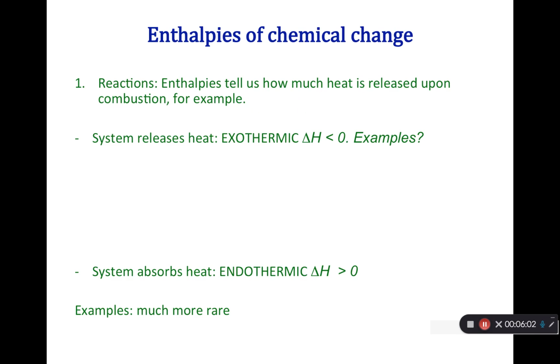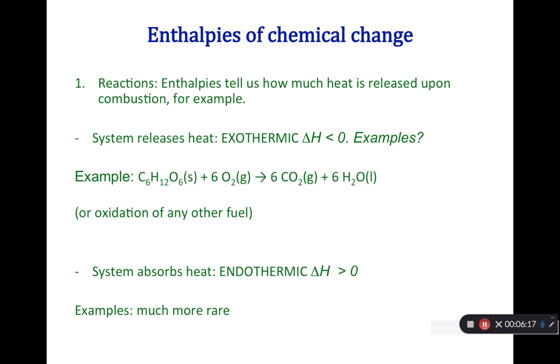There are enthalpies of chemical change and enthalpies of physical change. Enthalpies of chemical change refer to changes where new chemical species are being formed or old chemical species are being destroyed. A simple example is an exothermic process which releases heat, for which by definition the change in enthalpy is less than zero. An example is the burning of glucose or the